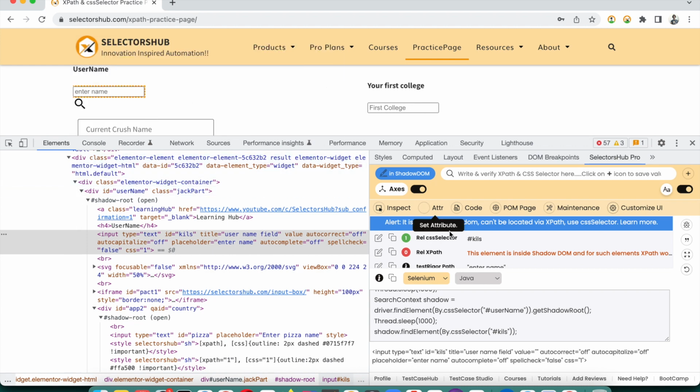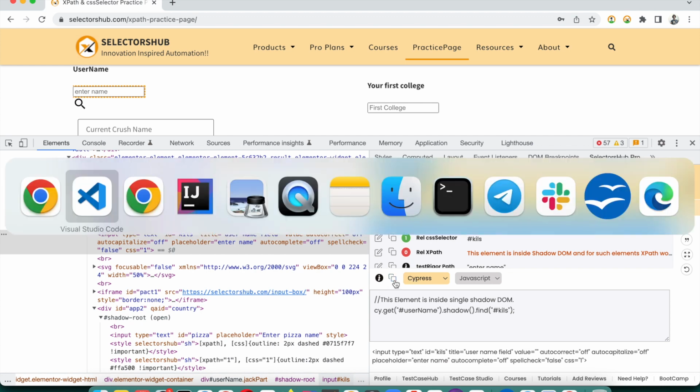For this element, in place of Selenium you just have to select Cypress, and by default with Cypress it will select the language as JavaScript. Now you see that it is giving you this script. This element is inside a single shadow DOM, and this is the script: cy.get, and it has automatically added that host selector here and shadow.find. This is the method of Cypress. You simply copy this command,